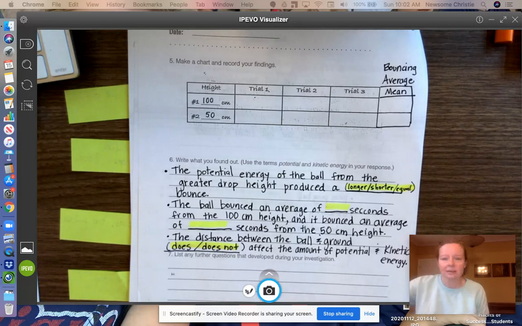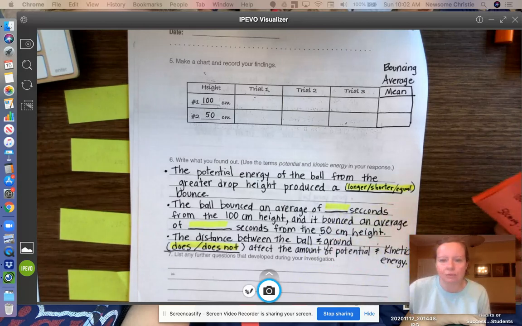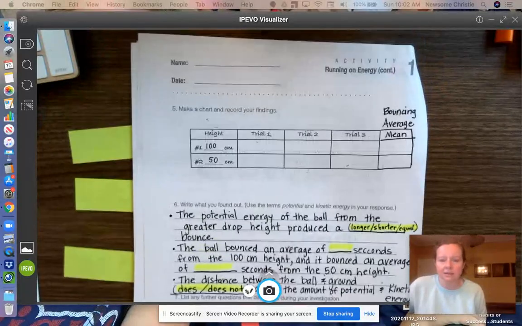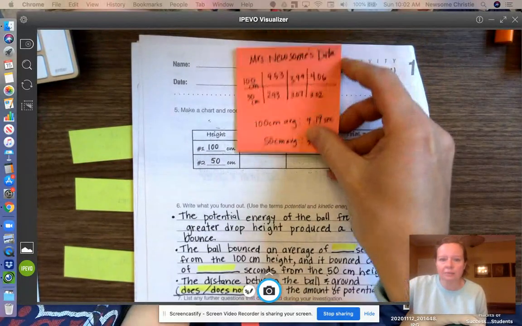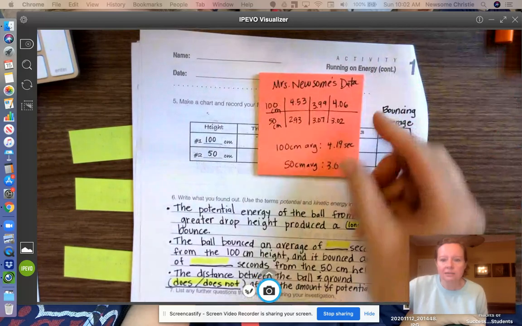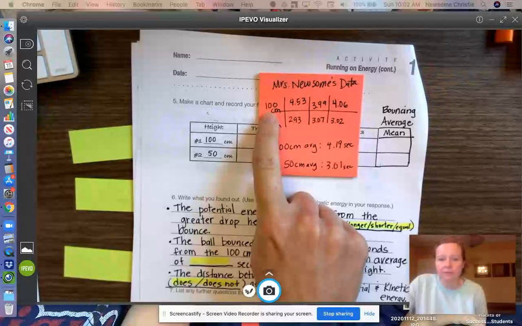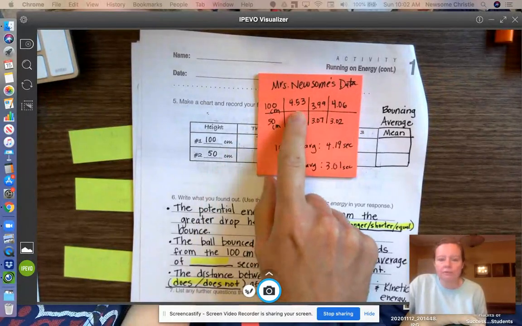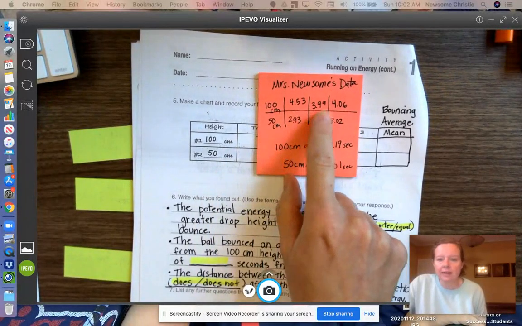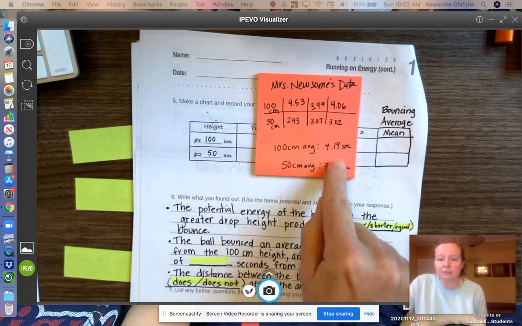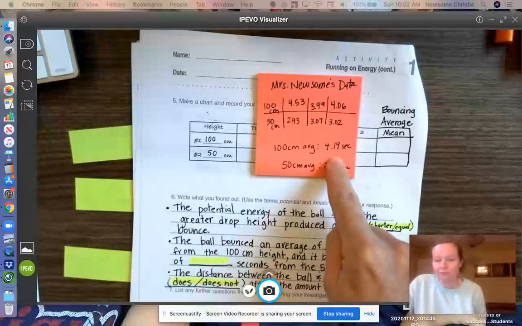All right. Because this was your first experiment, I thought it might be useful for you to compare your data to mine, just to make sure you're on the right track, just to see that you're finding similar things that I am. So let's just take a look at my data for just 1 second. When I dropped the ball from 100 centimeters, I got 4.53 seconds, 3.99, and 4.06. I added those three up, divided by 3, to get an average of 4.19